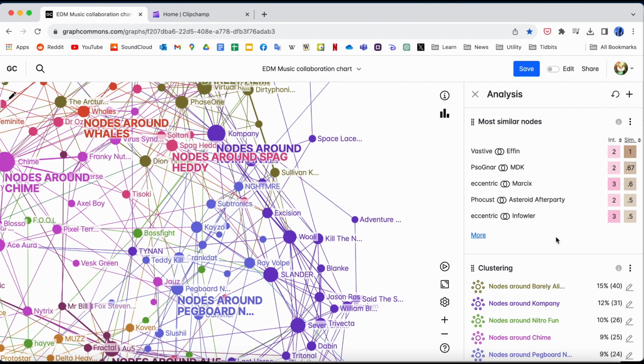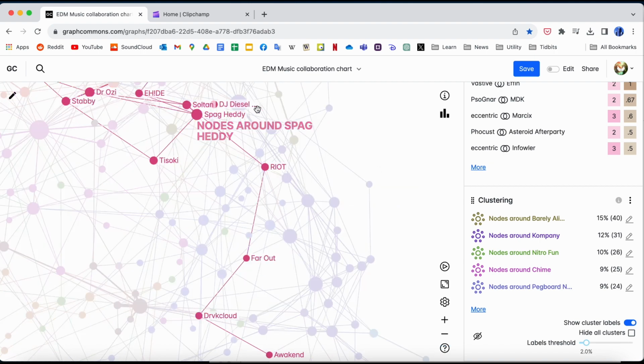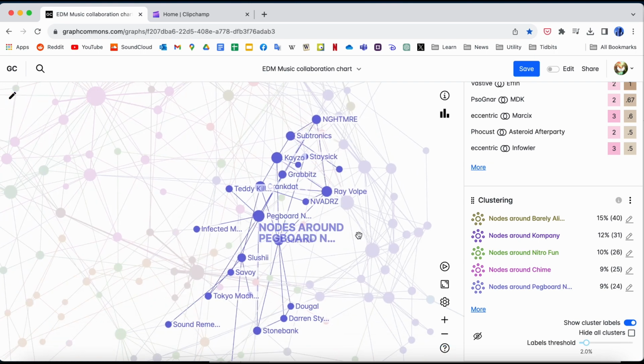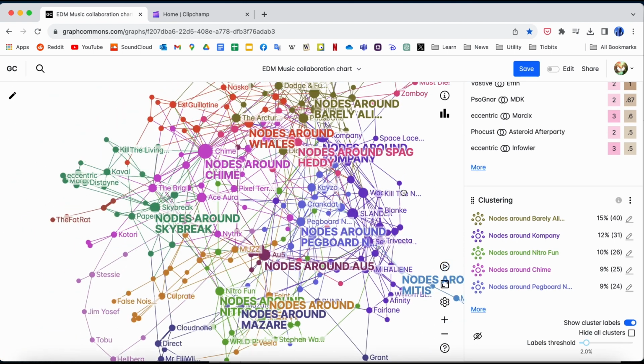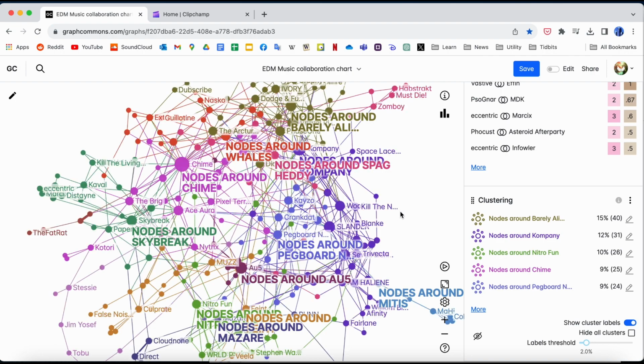One of them is clustering, which I think colors regions of the graph depending on which artist is anchoring the graph, and therefore the artists with this color are more likely to collaborate with each other than any artist outside. So I think that's what it is.